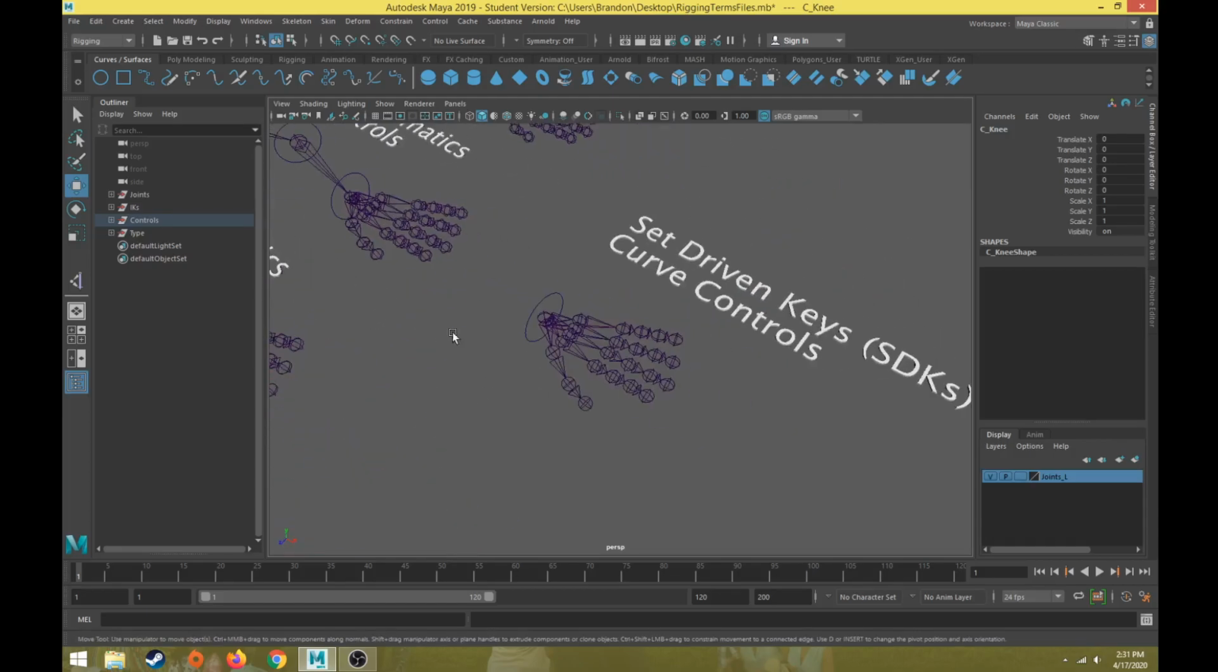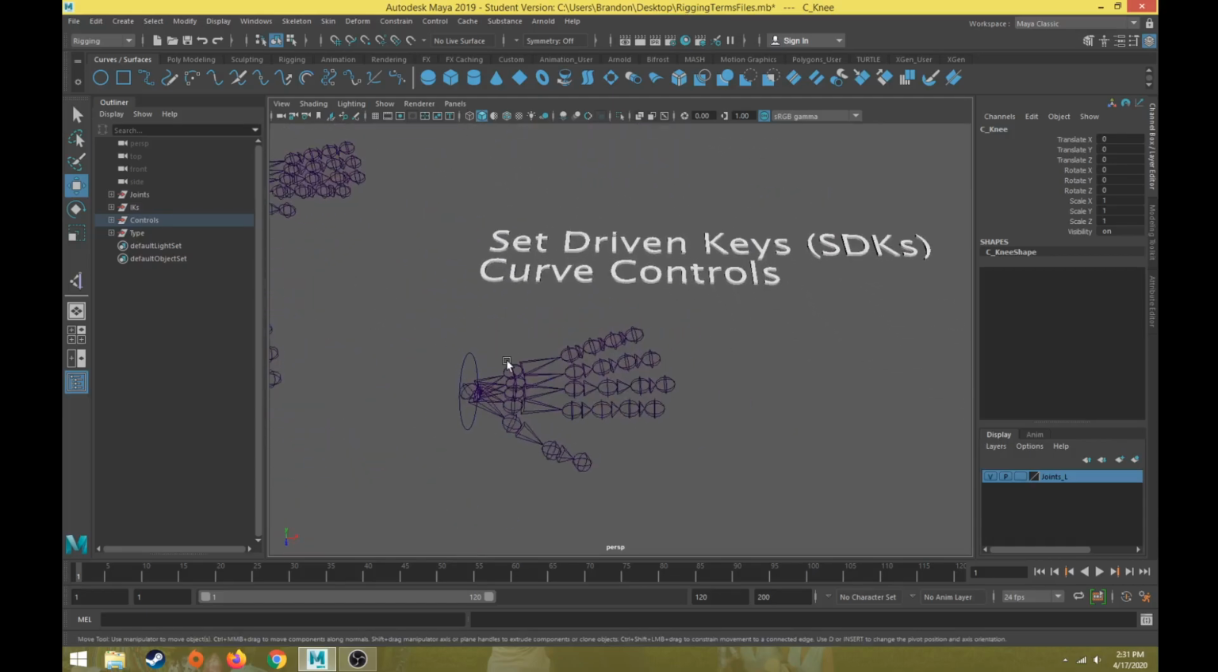The last thing I'm going to show here is what's called set-driven keys, or SDKs. So when we have a lot of smaller joints, we could come in and create forward kinematics or inverse kinematics for all of our fingers. But that's time consuming and also could be more difficult to animate sometimes. So for a lot of smaller joints that need to have very specific types of motions, like finger curl, finger spread, finger twist, thumb curl, spread, and twist,